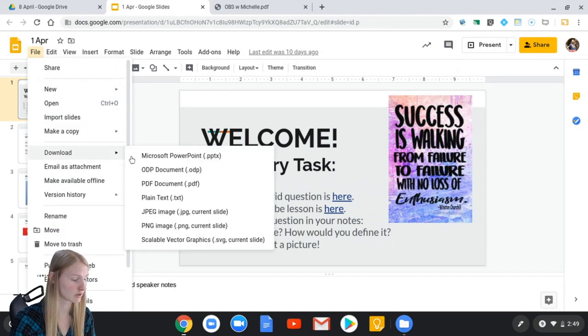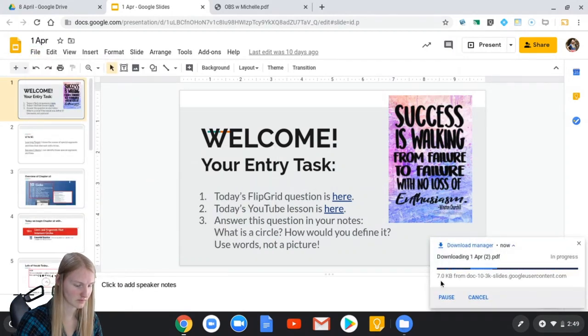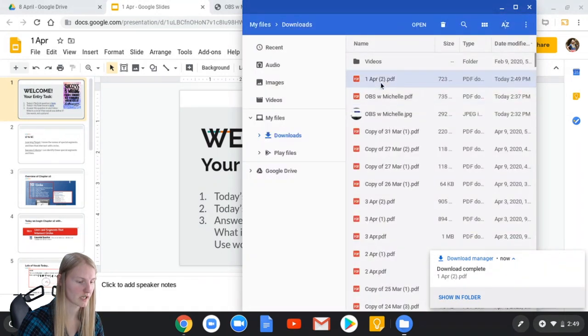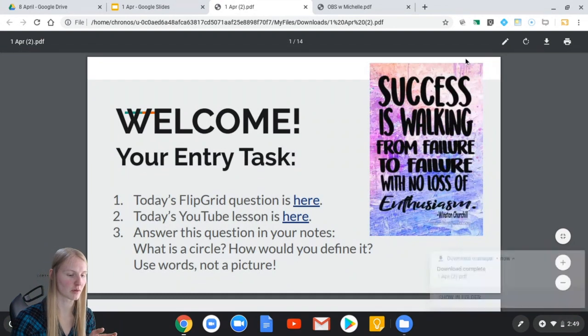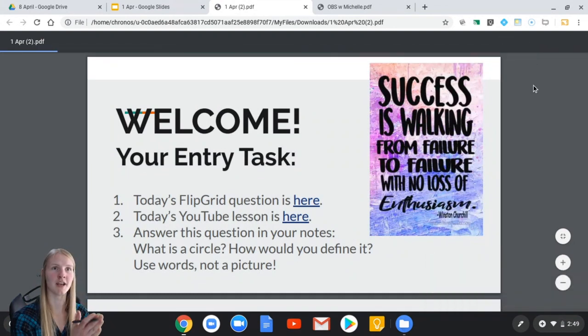If I go to Download PDF Document, and when I open it, there's an option to annotate it. Maybe you know of this, maybe you don't, but if I click on this little annotate button, now,